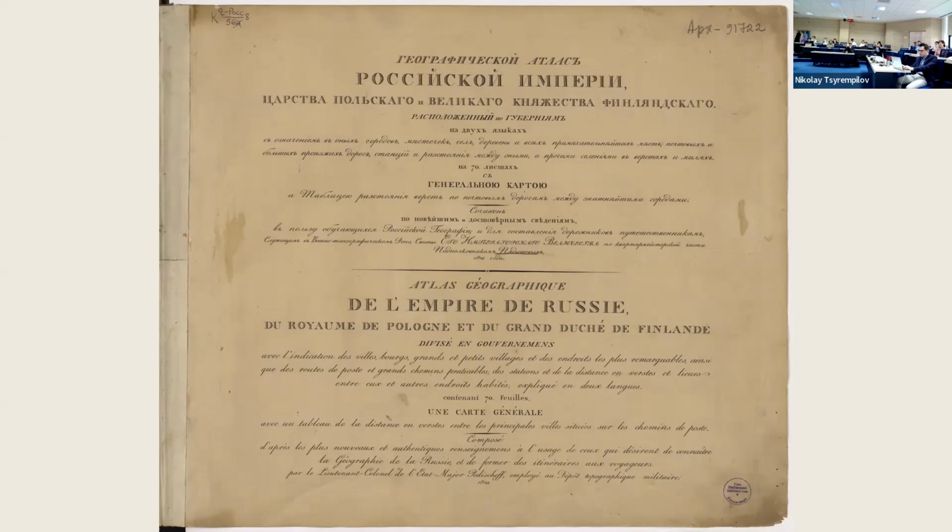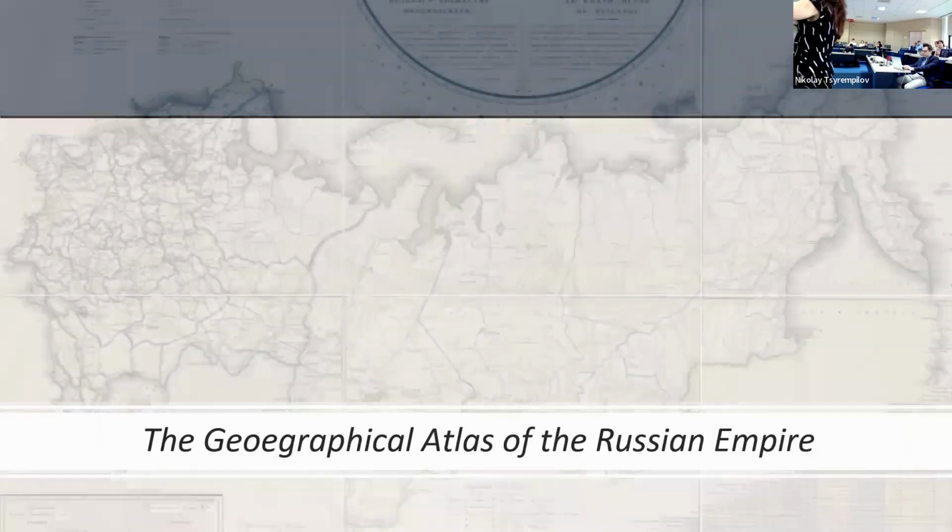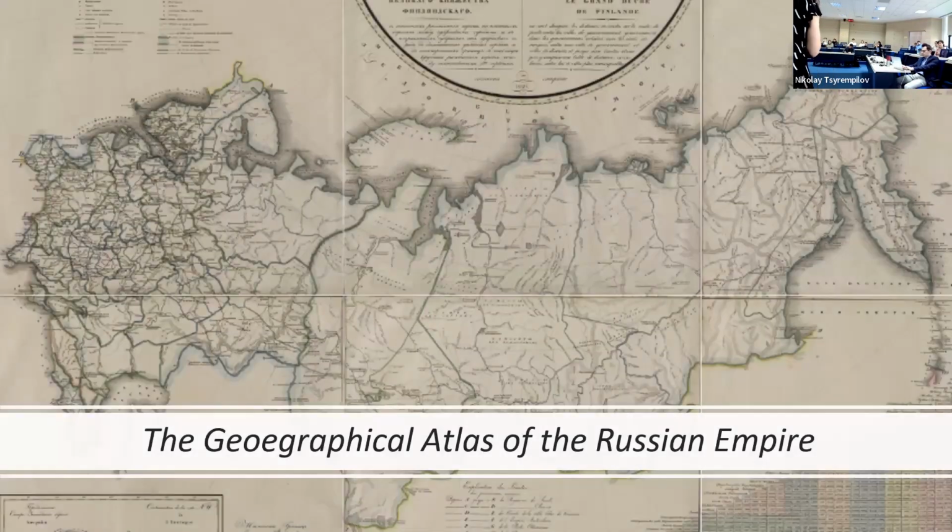All right. But one of the first things I did, I found this Geographical Atlas of the Russian Empire produced in the 1820s by the General Staff. It's the first comprehensive and cartographically modern mapping of the Russian Empire. So it gets the whole empire from the Kingdom of Poland to the Pacific to Russian America. And I thought, okay, here's what I'm going to do. It looks like this, and it contains, I think, 59 sheets, one sheet per province, right?